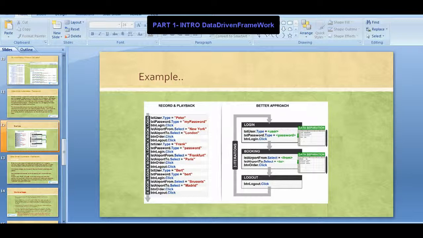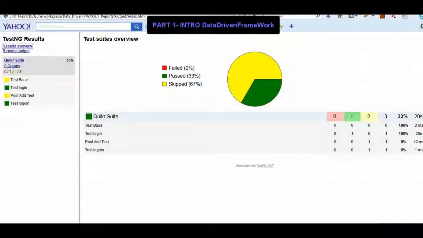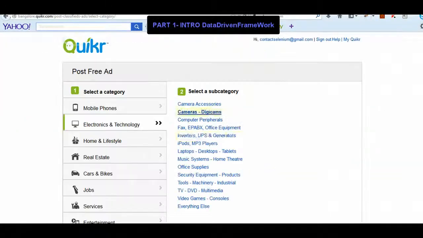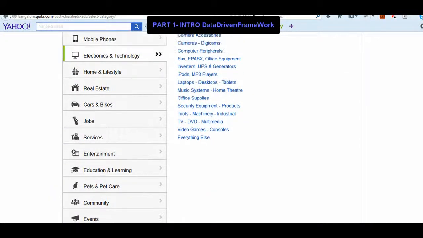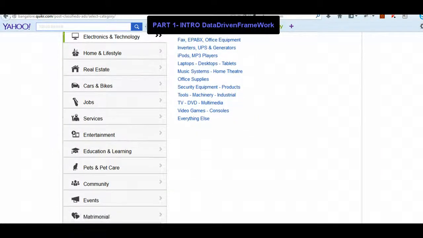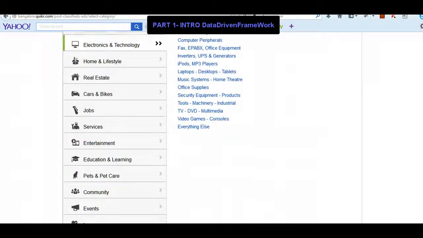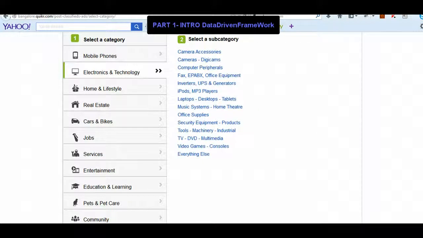Okay. We'll take one example. In this case, I'll take Quikr.com. Quikr is a very popular tool, where you can post an ad, sell things, whatever. I'll log in to Quikr using one account here, contact Selenium, and we'll run a couple of use cases over here. You can post an ad once the login is successful, register a new user, and also change the password. You can do a lot of ad management over here. So I'll take a couple of use cases and try to automate them.